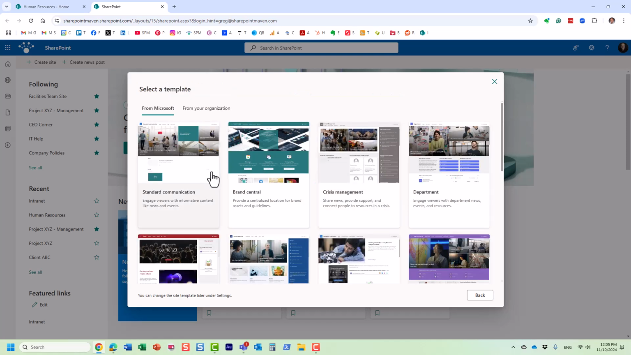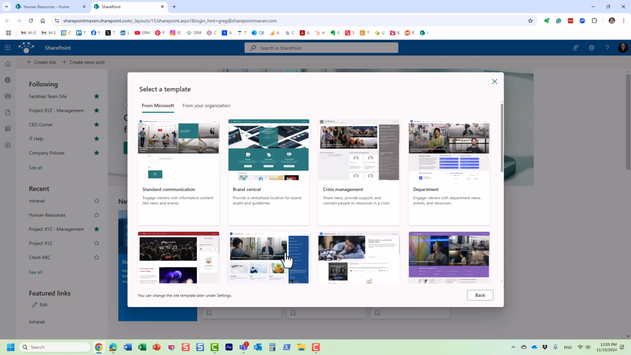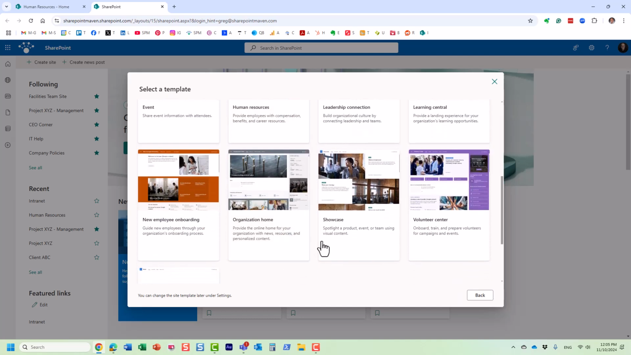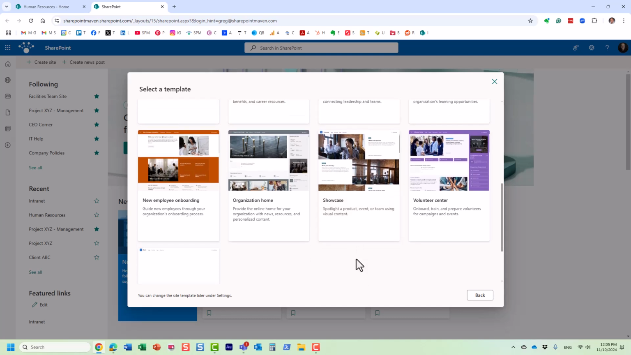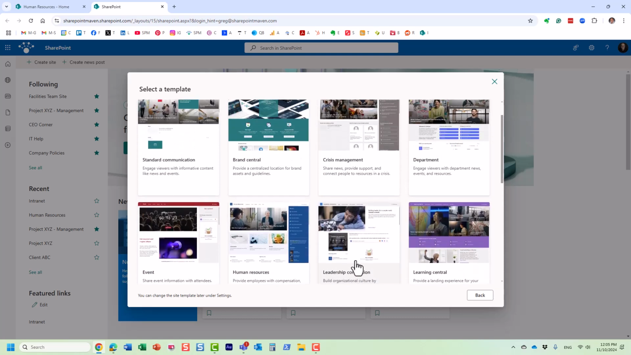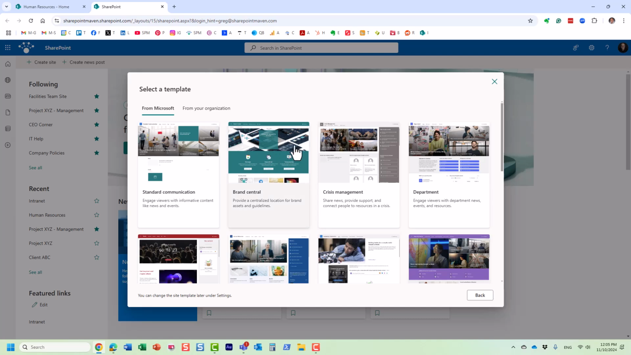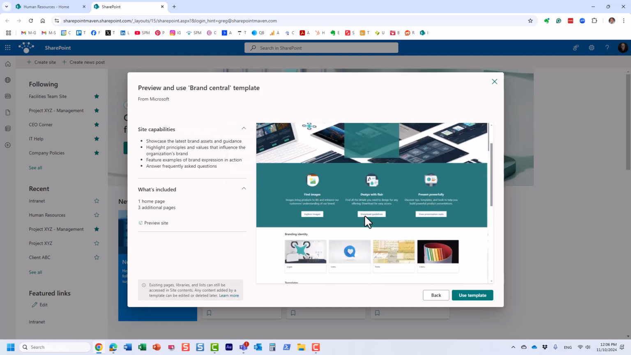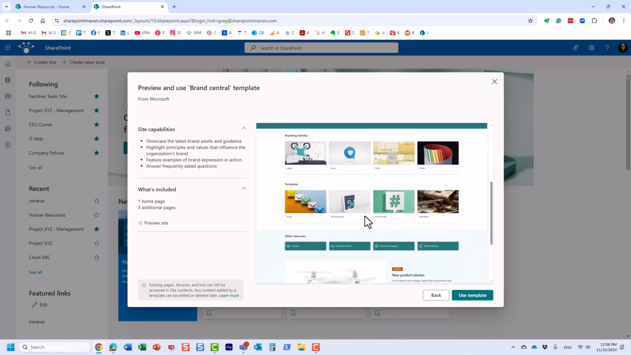Now, Microsoft gives you the ability to choose a template that already exists, in case you do not want to spend too much time on the design. And they actually have a template relevant to what we're trying to do, something called a brand center. Now, in some cases, this might work. To be honest, I'm not a huge fan of these particular built-in templates